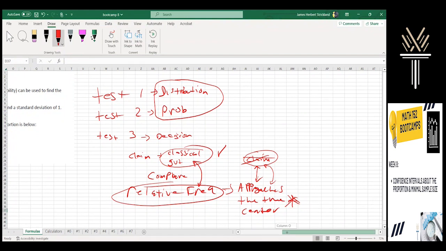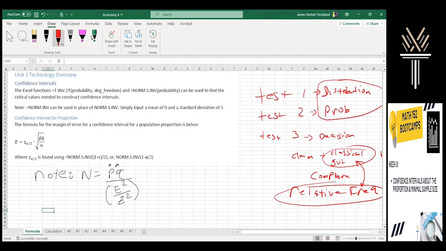And one of those methods is called a confidence interval. Today we're going to do a confidence interval about a proportion. And you may get a big hint as to what I mean by proportion. We see P and Q here. That means we're talking about a binomial situation. So we're going to learn about confidence intervals for binomials, essentially. We just call them proportions in this context because what we're talking about is some kind of fraction, like a proportionate amount. It doesn't necessarily have to be guaranteed to be binomial, but for the most part, they will be